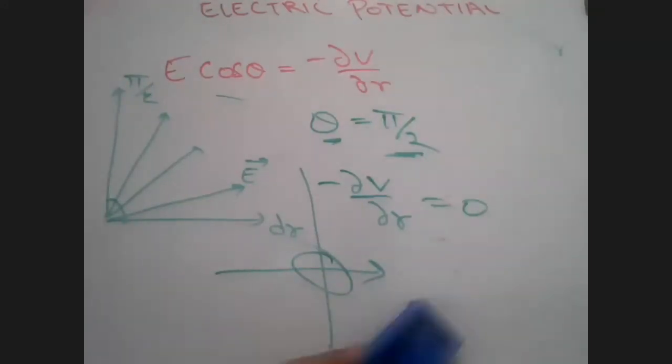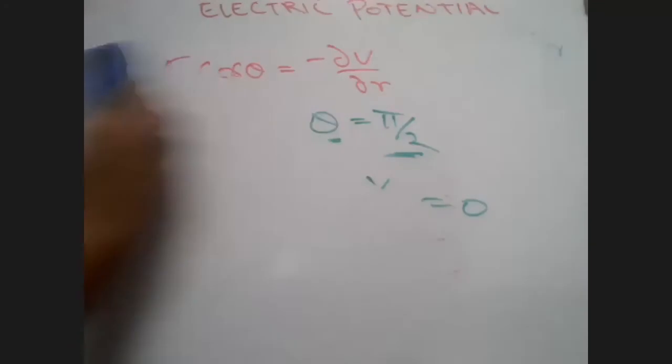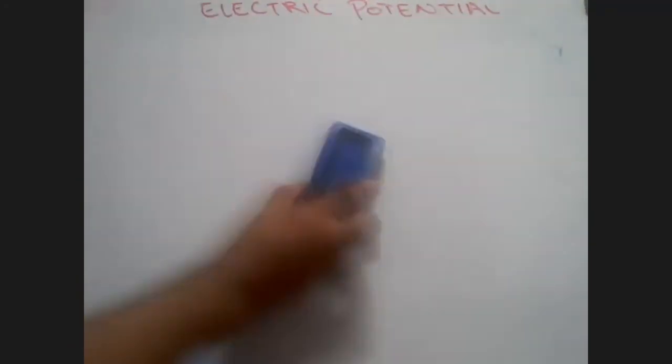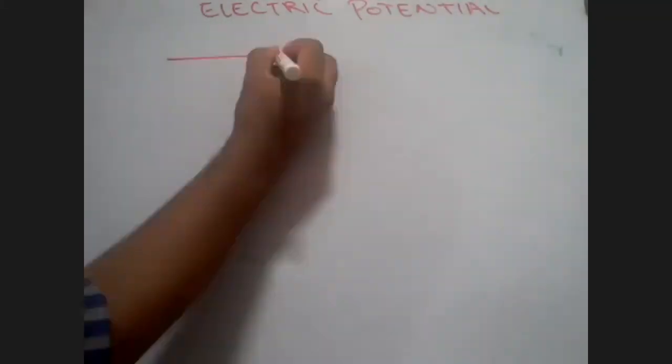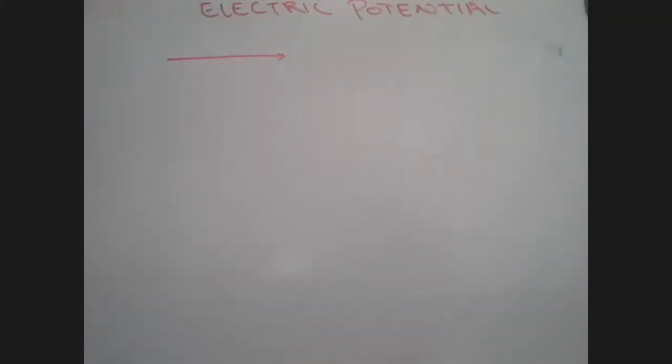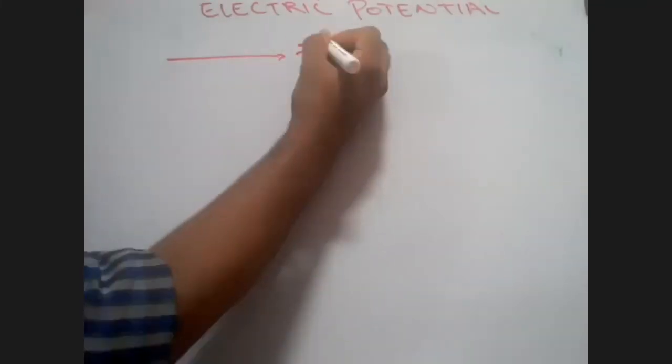But let's do some small amount of sums. A little bit here and there helps. Let's say there's a uniform electric field. Listen to me. There's a uniform electric field pointing in the positive x-axis direction. Let's say that there is an electric field like this. It is pointing in which direction? X direction.